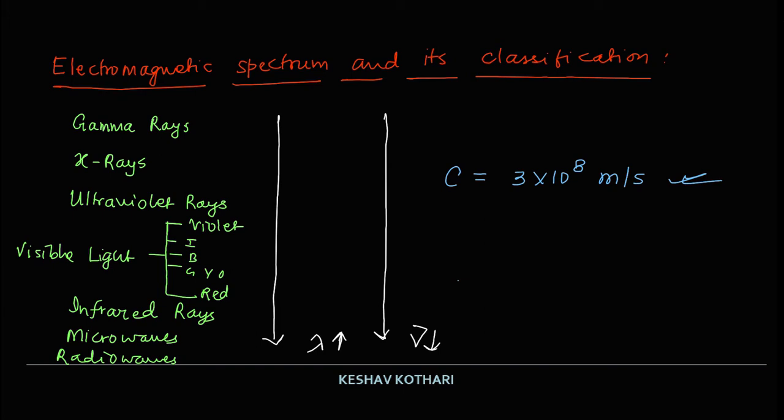So the sequence of this electromagnetic spectrum which we have drawn must be remembered in increasing order of wavelength or decreasing order of frequency. One possible question is that they are jumbled and asked in some possibilities. Now we will be discussing each one of them, taken one at a time. So let us begin with the discussion on gamma rays.